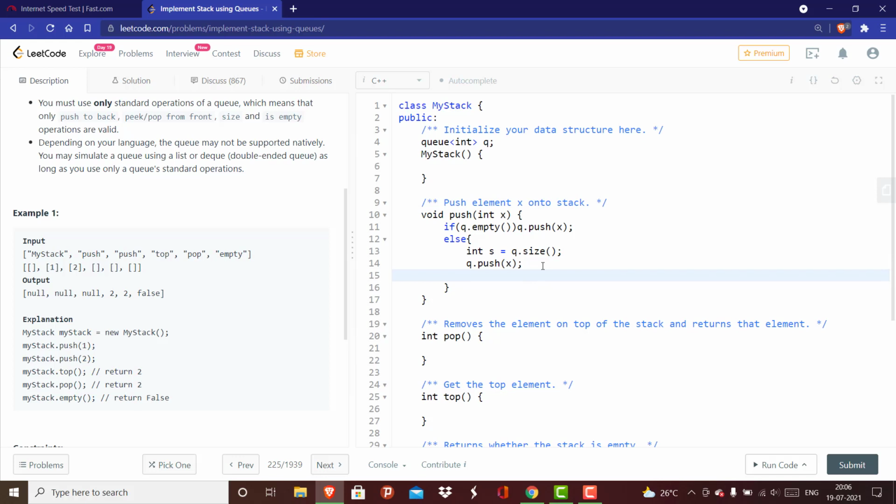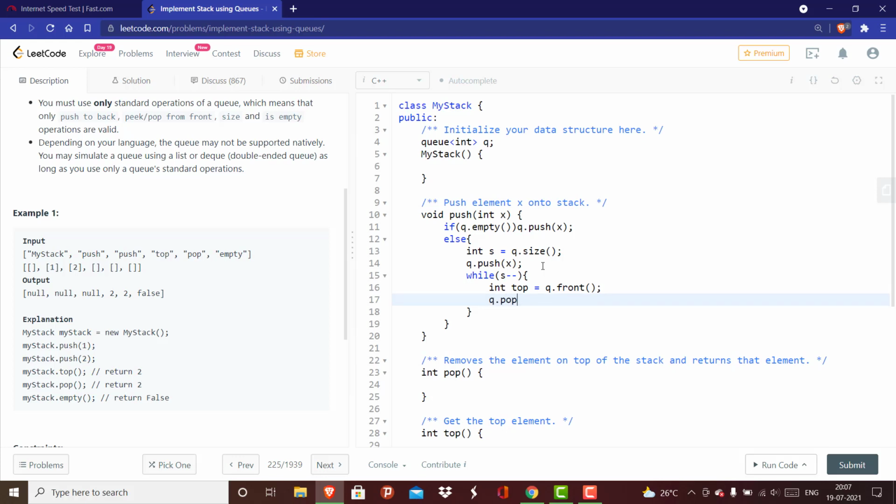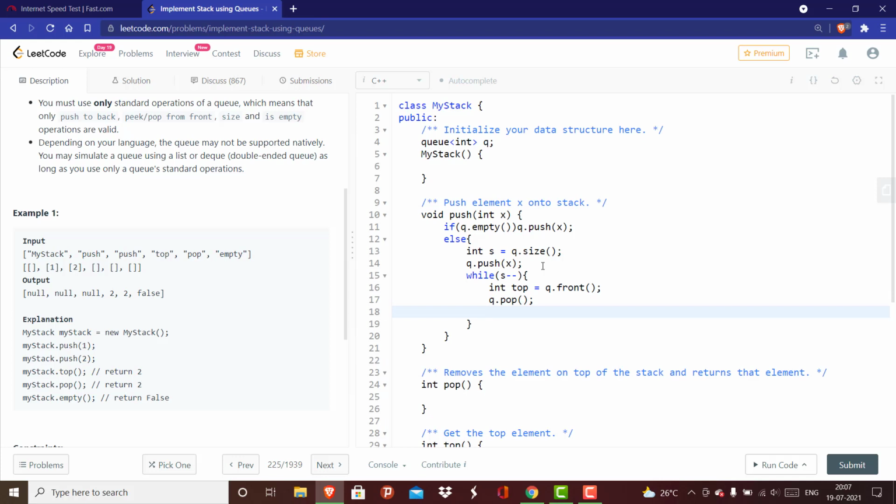So after this, while s minus minus, int top equal to queue dot front, and I'll just queue dot pop, and after that I'll again push back the top in the queue.